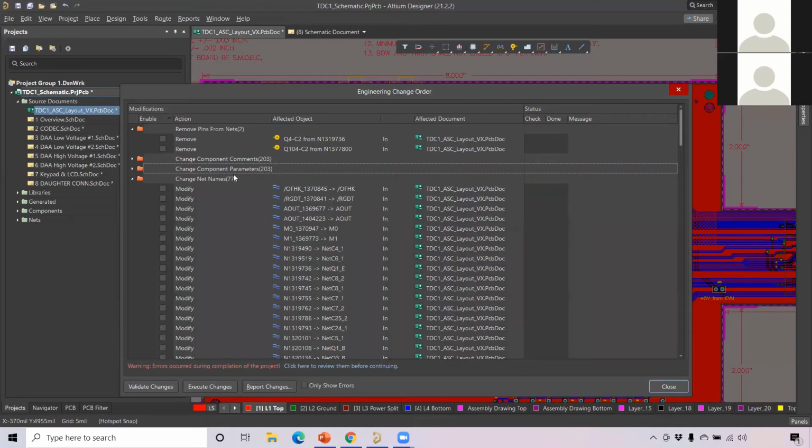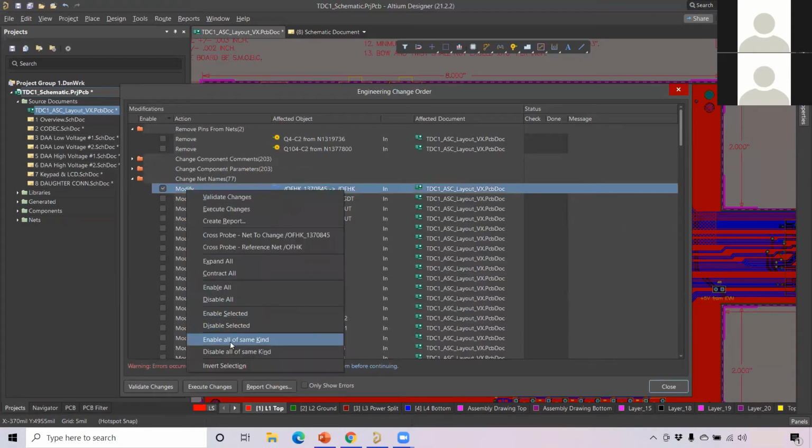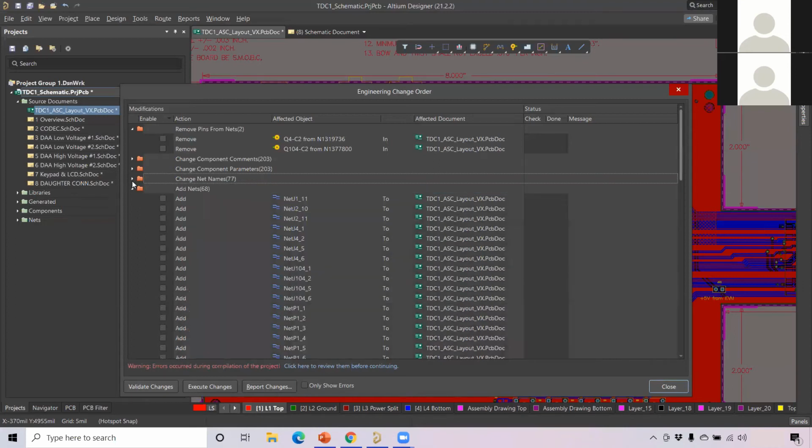Coming next is net names. This is very important. You can see the net names from your schematic PCB side. The name is 1, 3, some numbers. The net names are identified, but in Altium we identify the net names only with the name of the components, like net C4-1, Q1-3. All following their component names with the numbers. We always prefer this method instead of the default numbering, which is very hard to identify. So I will change this also. Select it, then enable all of same kind. Then you can see finally we have done the net label names.